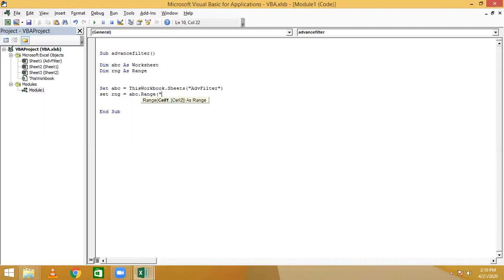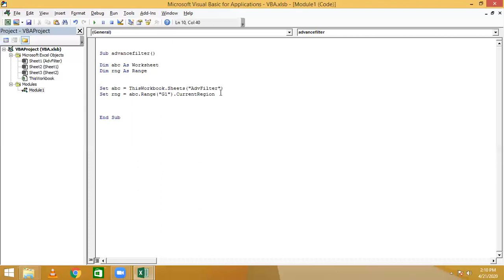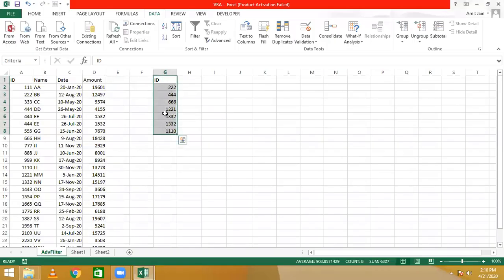Our criteria lies in G1, .CurrentRegion. So G1.CurrentRegion, what does it mean? G1 is here. If we press Ctrl A, it selects the whole range in G column. The same thing we did here in coding: we put G1 as a reference and then CurrentRegion. So this and this are the same.